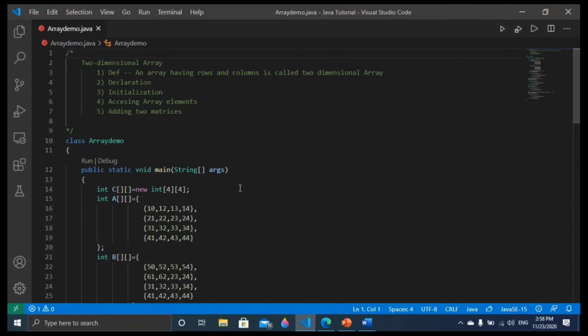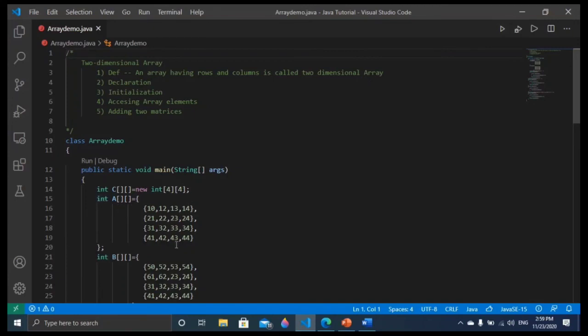To declare we have to give data type, then the array name, then first square bracket for the row, then second square bracket for the column, then equal, then new operator, then the data type, and then first square bracket for giving the size of row, and the second square bracket for giving the size of column. This will take the 16 array elements, 4 into 4. This is called the 4 by 4 matrix.